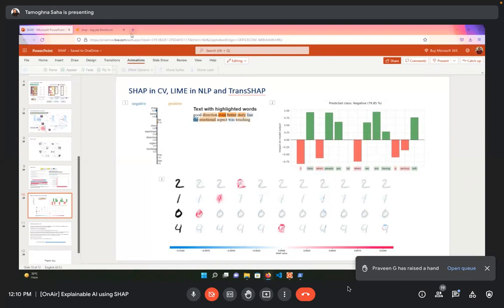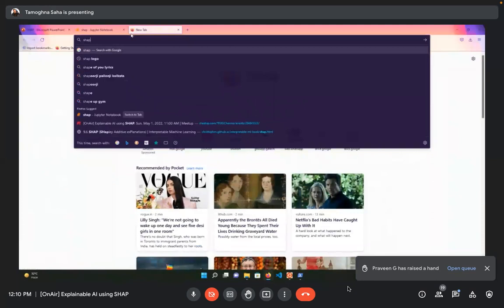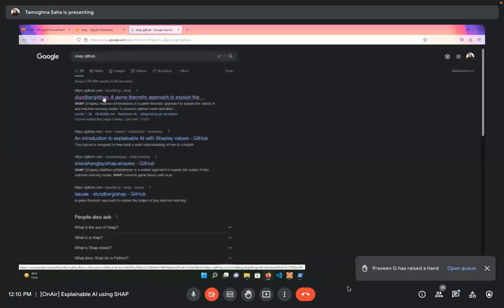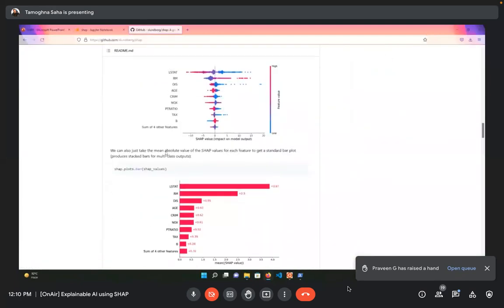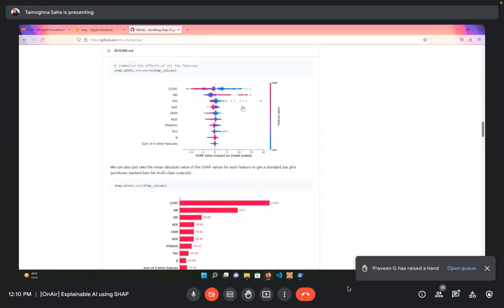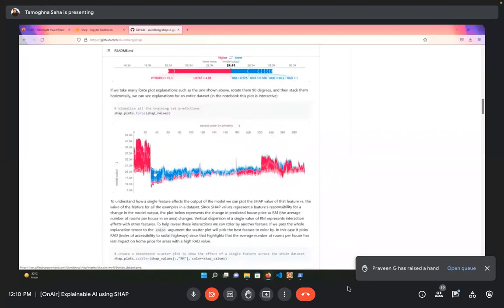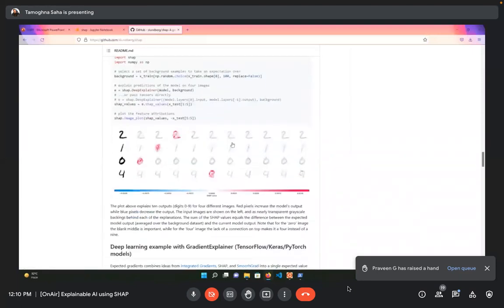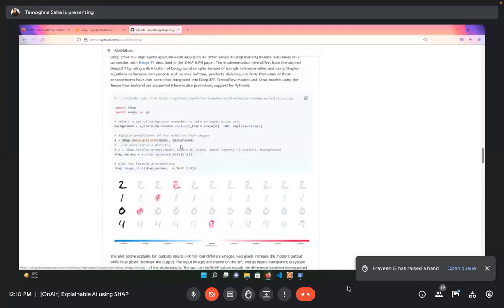And actually, if you go to SHAP's documentation on GitHub, in that section at the bottom, you will see that a lot of computer vision related explanations and examples are provided. So the bee swarm charts are there, a lot of scatter plot charts are there, force plots are there. And here is where the computer vision parts are, where gradient explanations and all of those are provided.